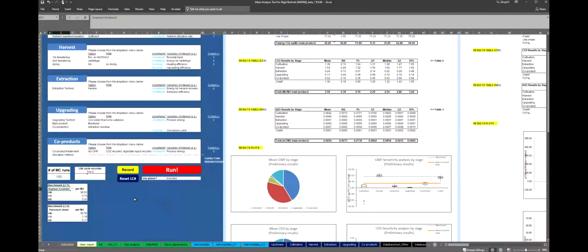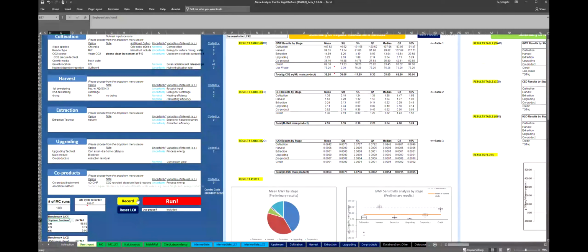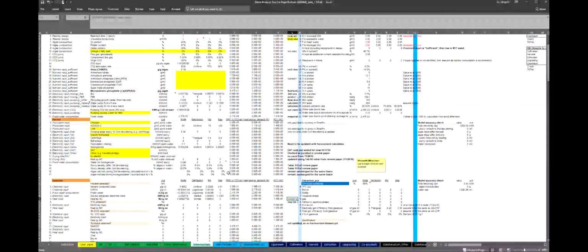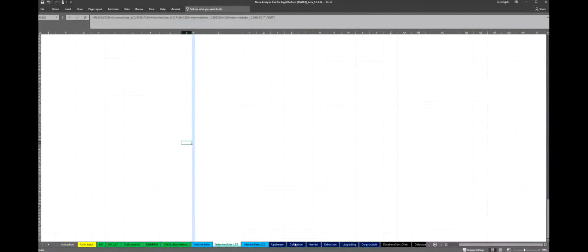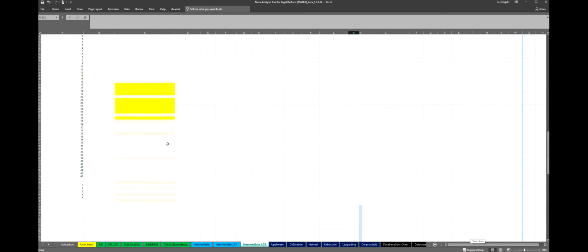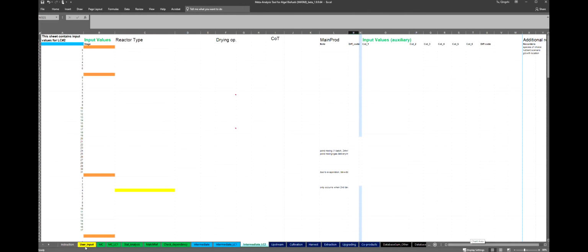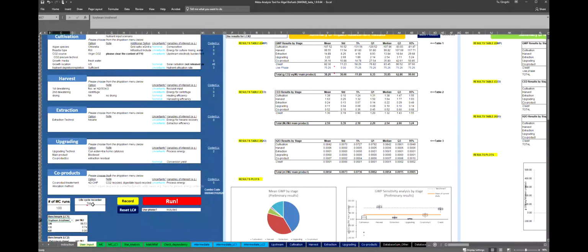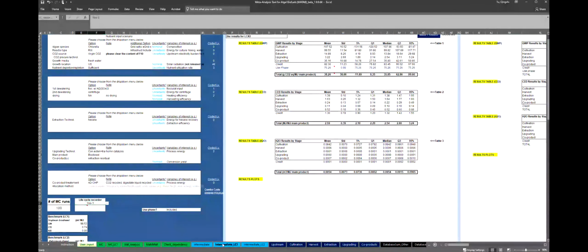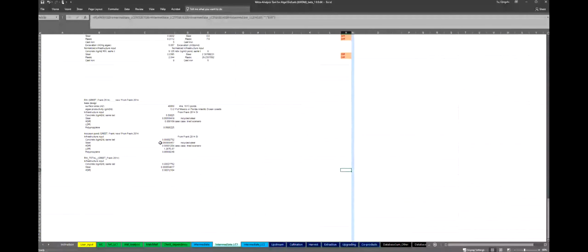And if you want to compare two different life cycles, you can do that too. Currently, whenever you change the option, the intermediate tab will have the corresponding values that are pulled by the VBA code to do the calculation. But here are the other two tabs where you can specify two different life cycles. They're empty right now, right? So if you say this is my first life cycle, I'm going to record that. It takes a few seconds, and then if you look at LC1, everything's copied there. You have all the